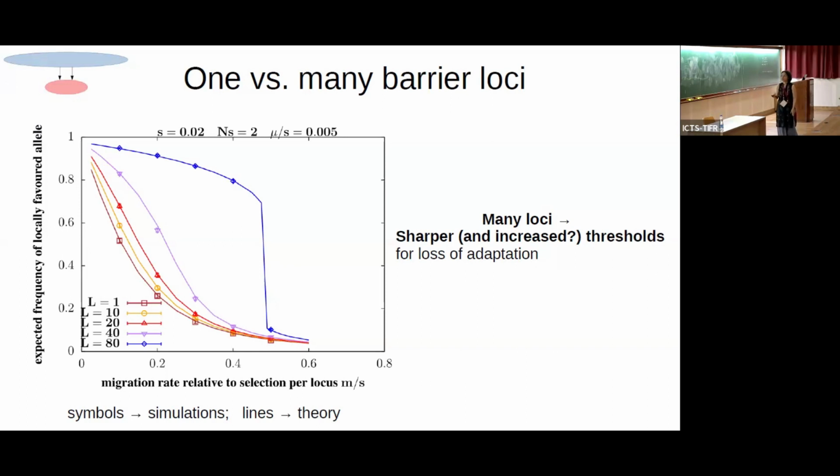The first thing to see, of course, is that the theory matches simulations very well. So it's capturing the essence of these complicated multi-locus interactions. The second thing is that at any given migration rate, if you have many more loci, the expected frequency of the locally favored allele is higher, because any one allele comes in along with all these other divergently selected loci. So the selection that it experiences is not just due to its own effect; it comes in as part of this highly unfit genome, and there is this collective elimination of these deleterious alleles because the hybrid just does badly.